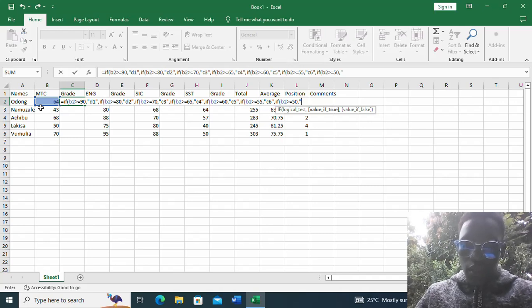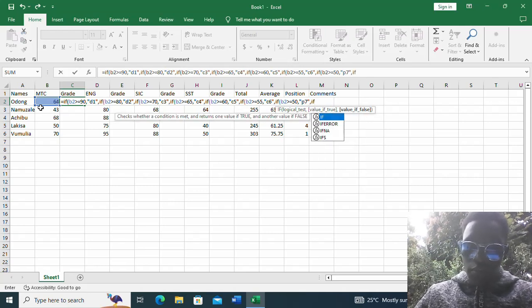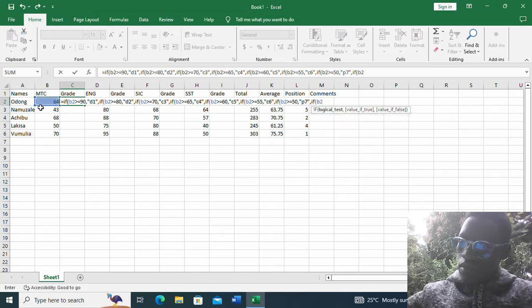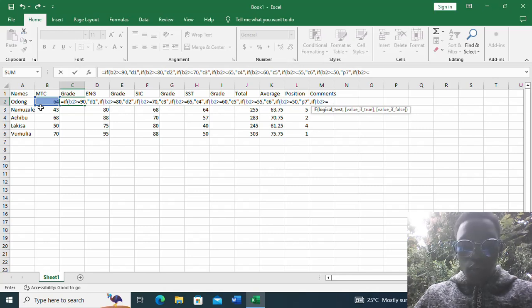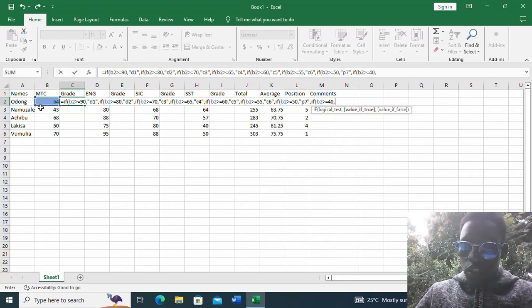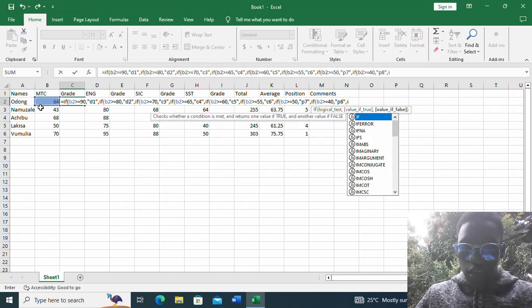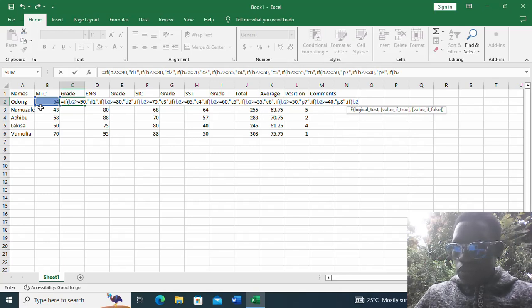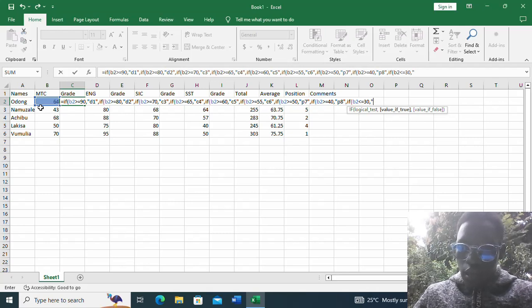quotation, I had skipped out that, pass 7, quotation, comma, IF again, open bracket, B2 is greater than or equals to 40, comma, quotation, pass 8, quotation, comma, IF again, open bracket, B2 is less than or equals to 30, comma, quotation, F9,